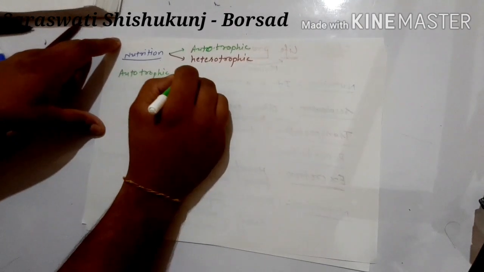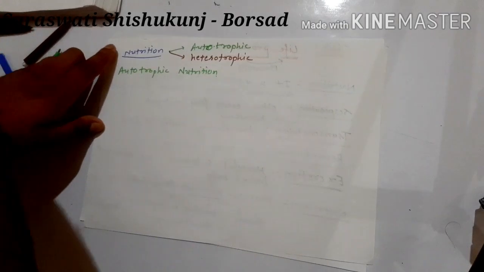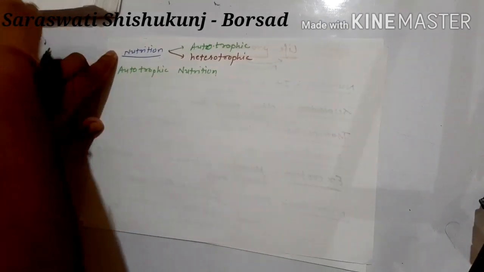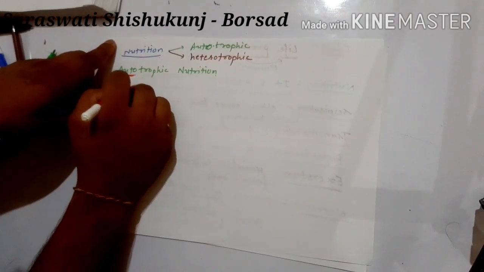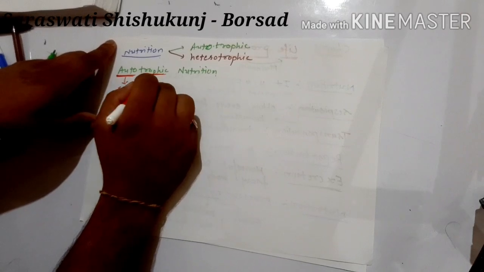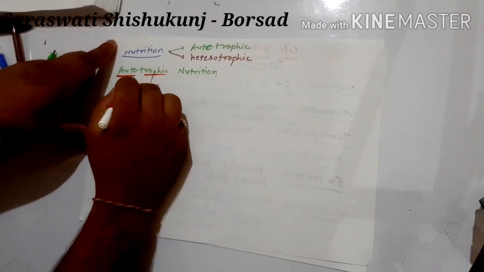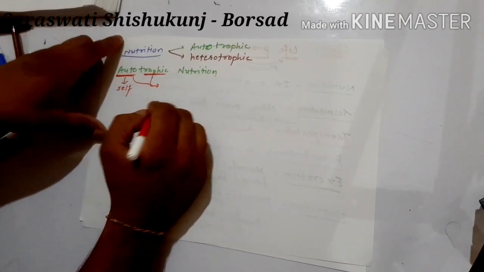Autotrophic nutrition. See, autotrophic nutrition means what? Here you can see the word auto. Auto means self. Trophic means to gain food, right? So together this word autotrophic means some organisms are there which